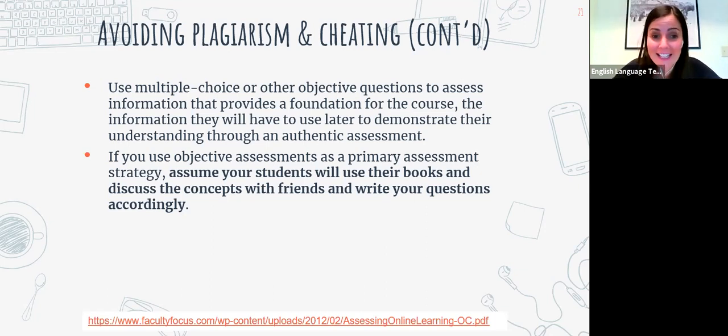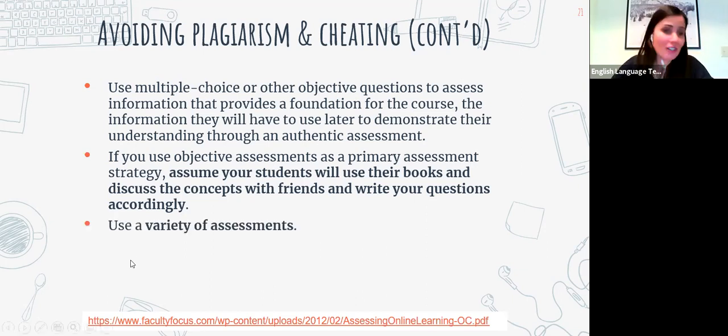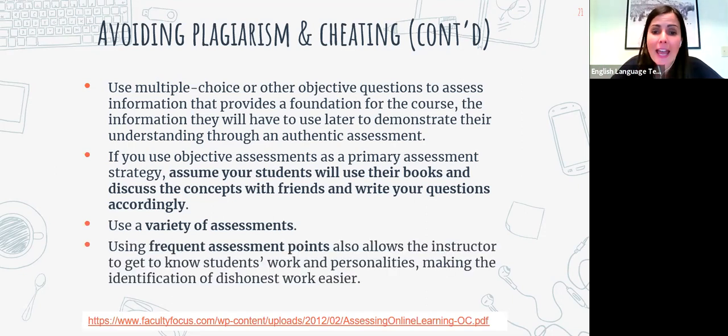But sometimes they don't even realize that. And so you can clearly tell, right? Again, just like with face-to-face, it's best practice to use a variety of assessments to address multiple learning styles, right? To address any other things that could happen in the way. So a variety of assessments is always good.